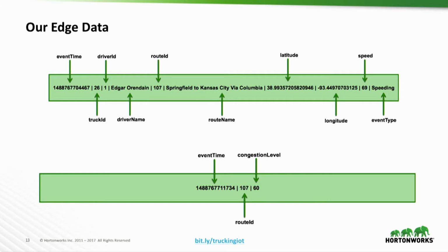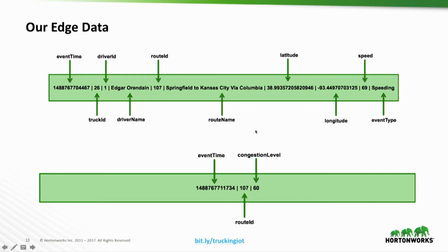This is what our two streams of data look like. This will come into play in a bit, but the first one represents the data that we pull in from the truck sensor. So, time, driver ID, name, latitude, longitude, and whether the sensor caught us speeding or not. The second one is congestion information from some web service online or some other sensor maybe outside the truck. So two streams of data.